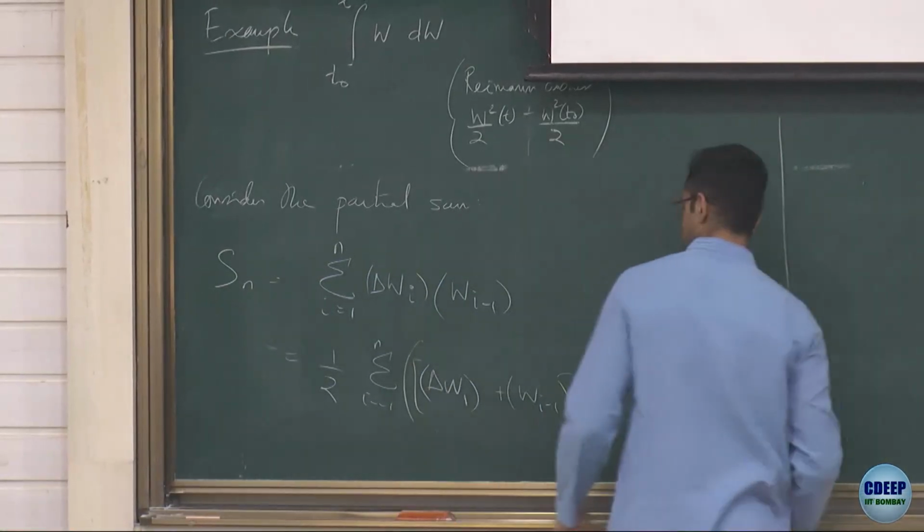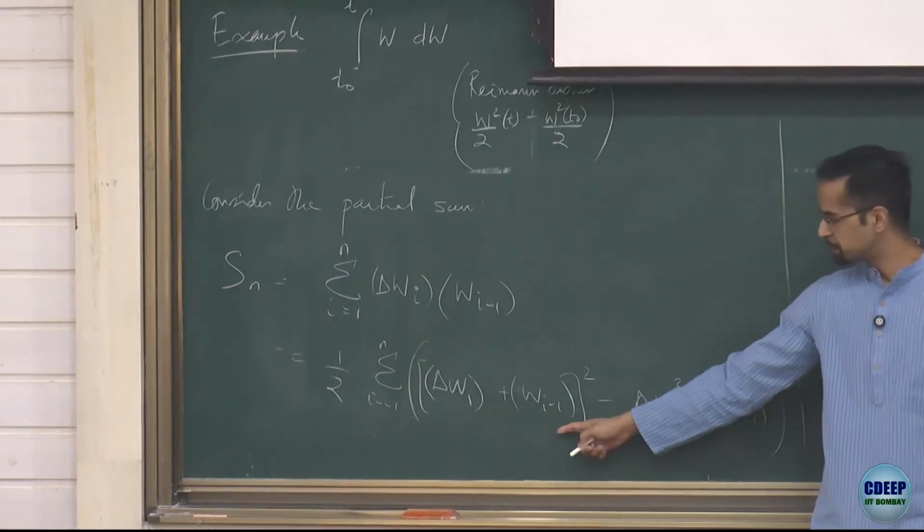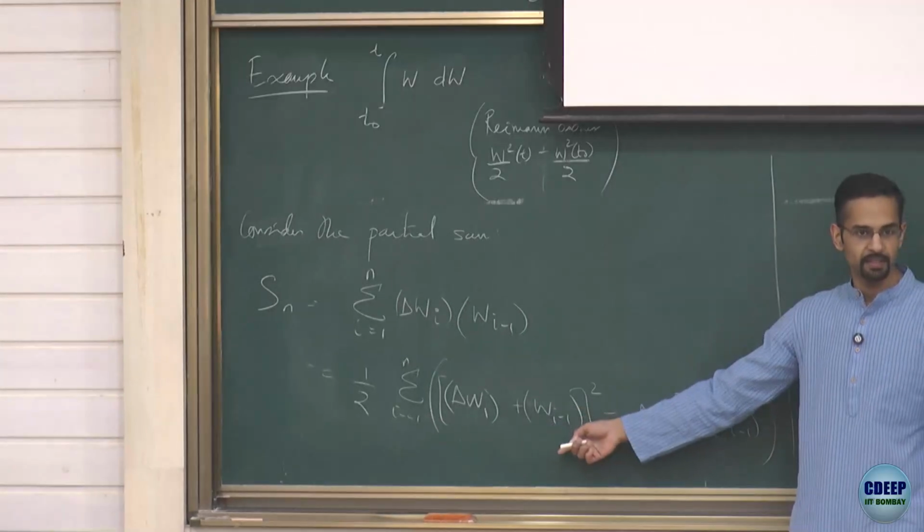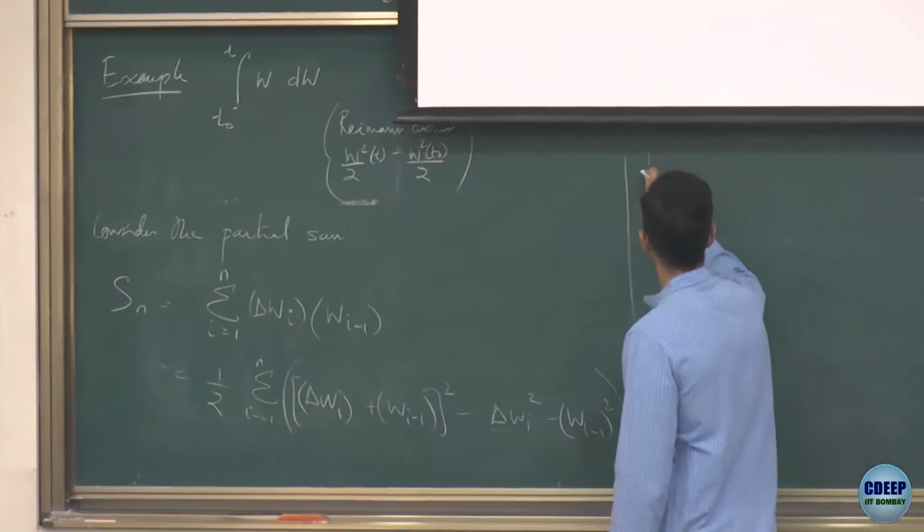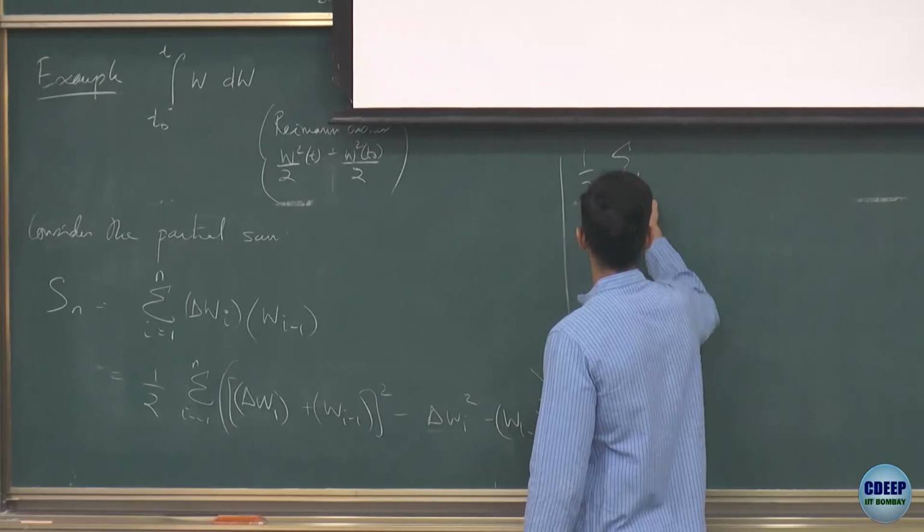But what is this? You will see that delta Wi plus Wi minus 1 is nothing but Wi, right? So you will get half, again, summation